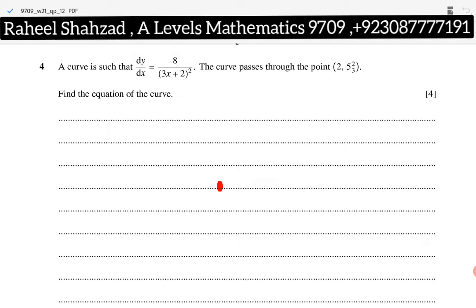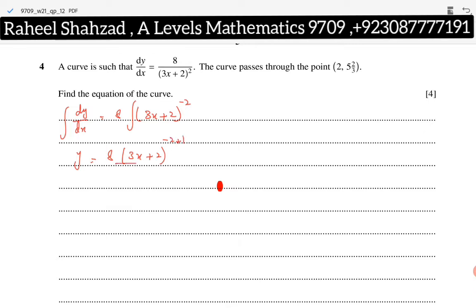So question number 4 is on differentiation. A curve is such that dy by dx is equal to 8 divided by 3x plus 2 squared. The curve passes through the point 2 and 17 by 3. Find the equation of the curve. So here you go. First of all, let's start. dy by dx is equal to 8 times 3x plus 2 to the power minus 2. So you're going to integrate it. y is equal to 8 times 3x plus 2